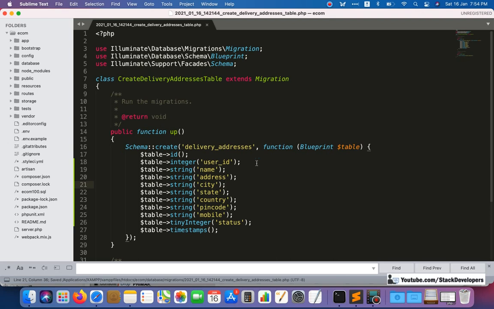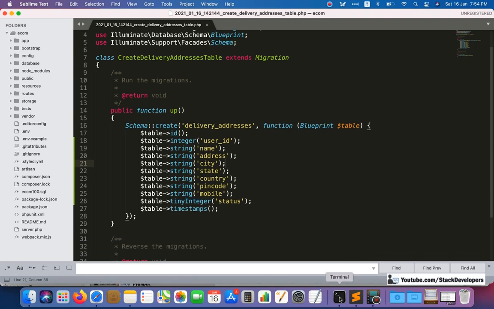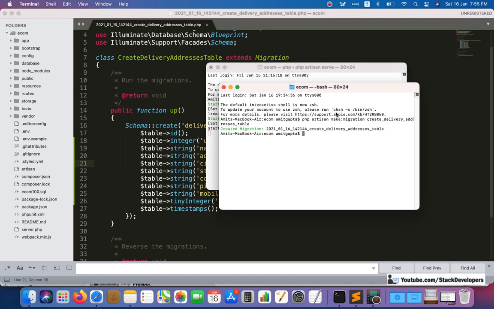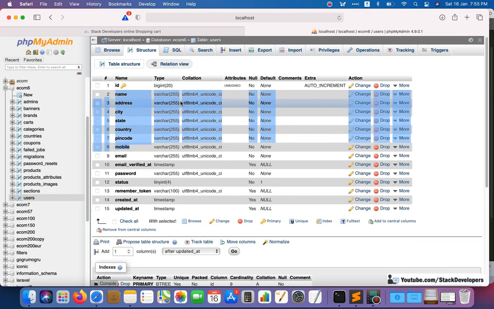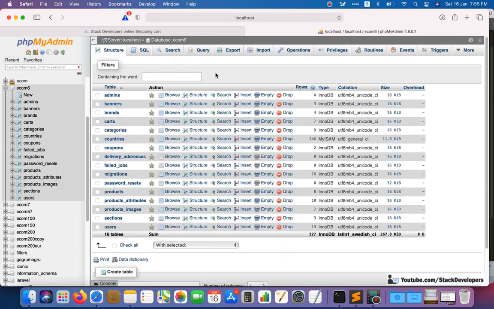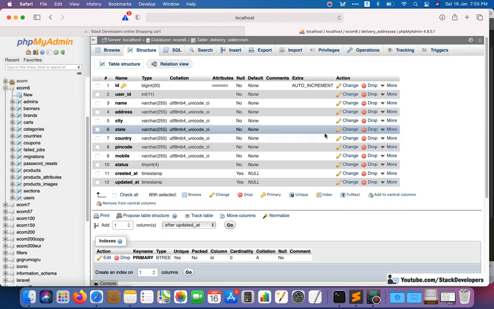Now we are going to run the php artisan migrate command so that this table gets created in our database. Our table has been created. We can go to our database and check. See here, the delivery addresses table has been created. These are the columns that we have created: user ID, name, address, city, state, country, pin code, mobile,